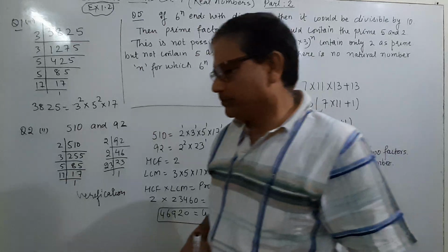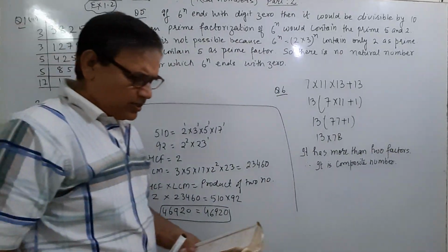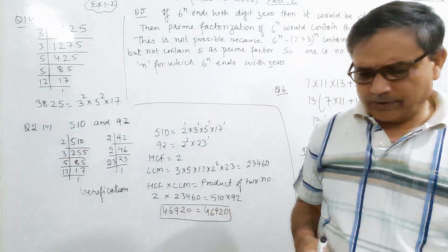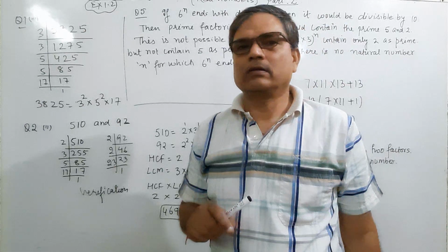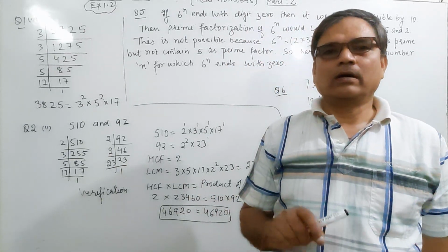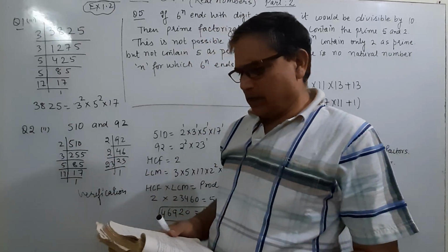In the first question, express each number as a product of its prime factors. Means we have to express the number in product form, and the factors are prime. The first, second, third part.